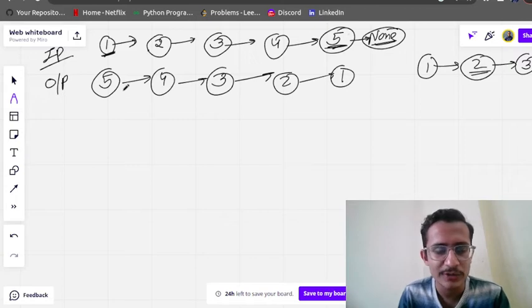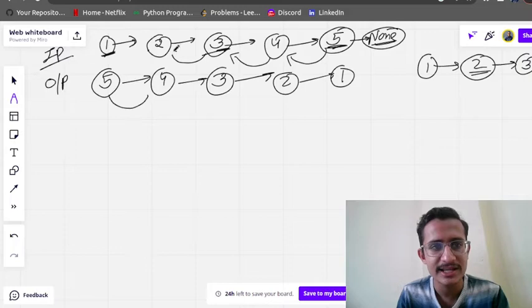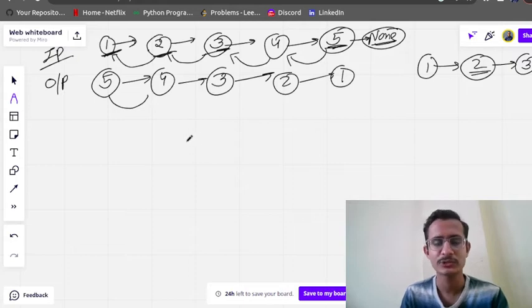So basically, in 5's next you need to store the address of 4. It means you have to reverse. In 4's next you need to store the address of 3. In 3's next you need to store the address of 2, and in 2's next you need to store the address of 1. Perfect. So like this we have to do.